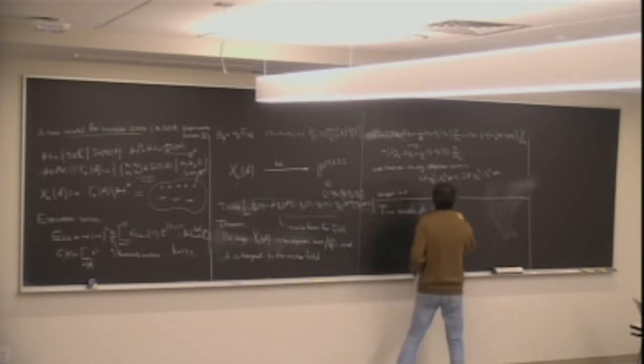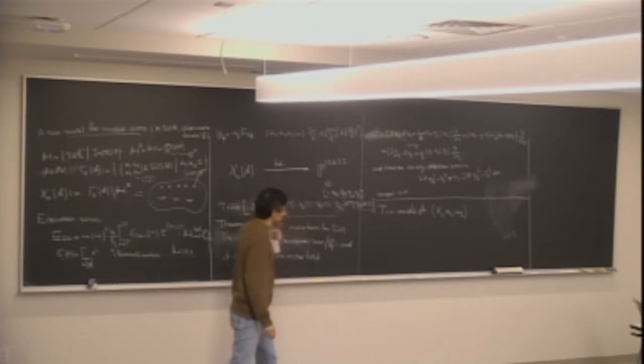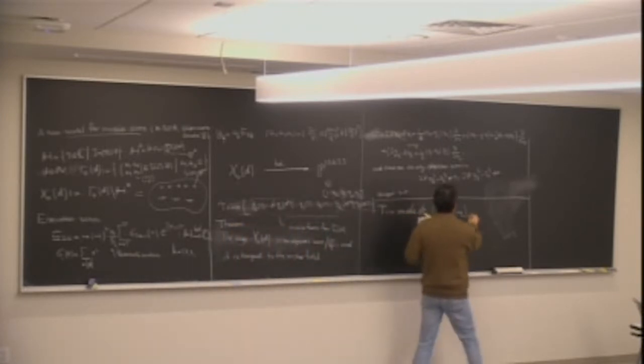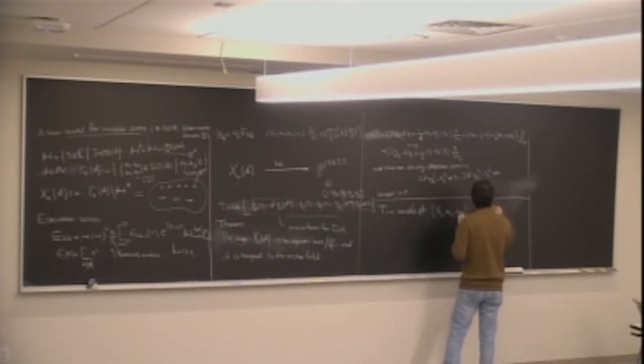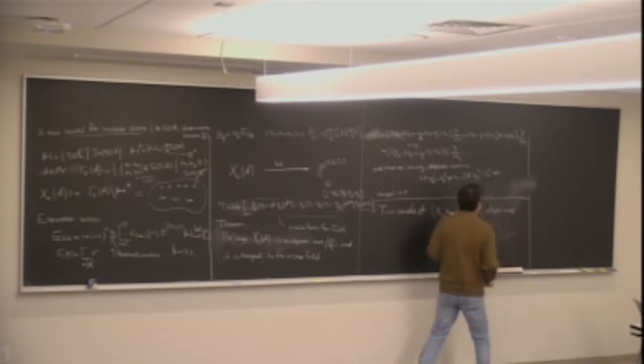So what is this? X1, an elliptic curve. And for simplicity, everything over complex numbers,